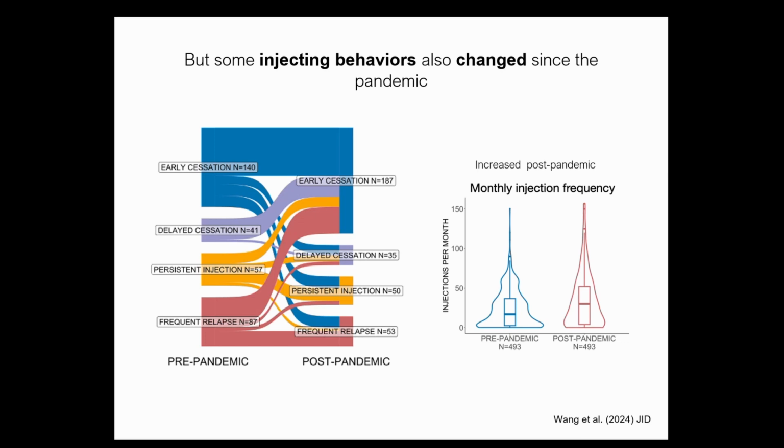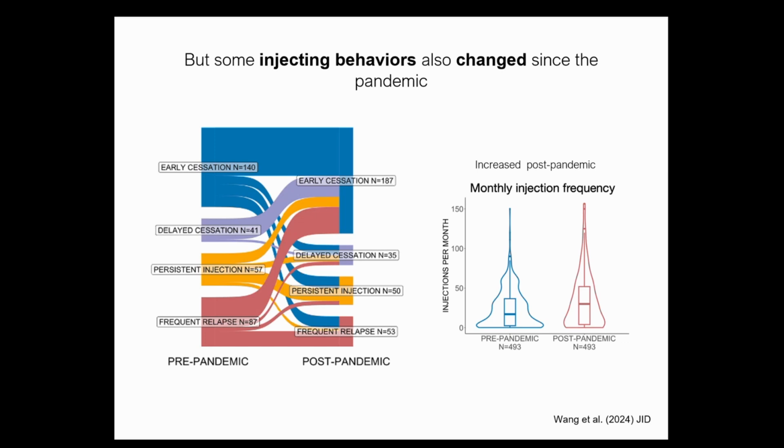We were concerned that this is sampling bias. If there are people who we are able to contact during the pandemic, they might be individuals who are much more stable. They might be individuals who are much more already likely to get into treatment or to stop injecting a lot earlier. So we did a lot of sensitivity analyses to see, is this just effectively a survival bias? The people that we were able to contact after the pandemic, the people who didn't move out of the area or who were not able to contact for another reason, are those just more stable individuals?